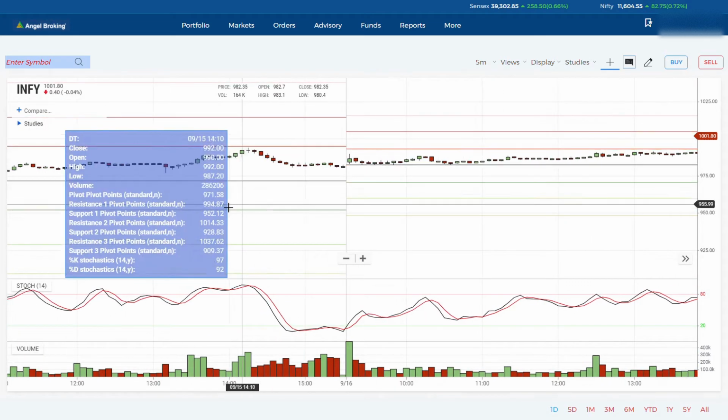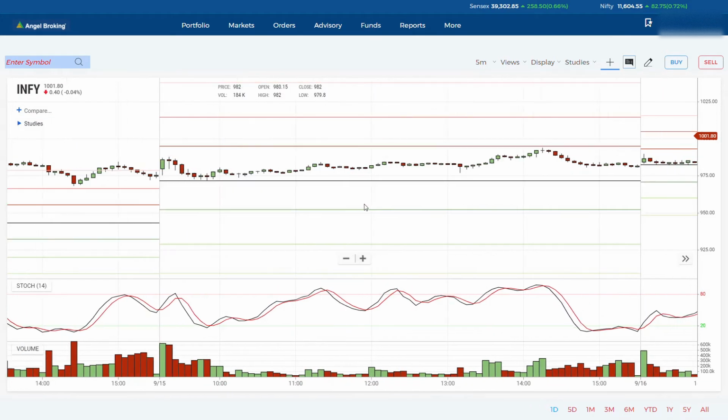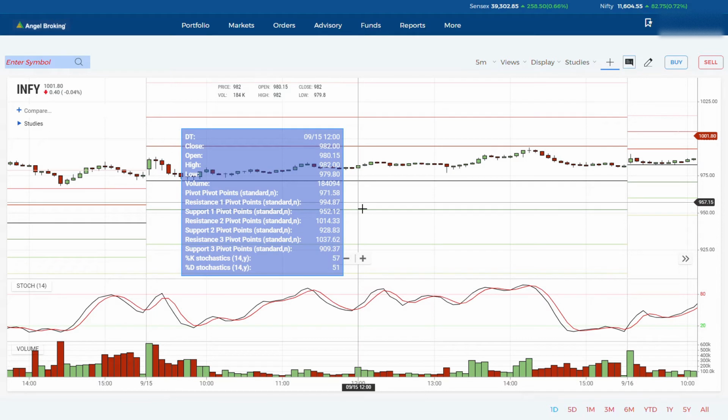We'll go to the 15th of... so 15th of September. So if you find a good opportunity, only then you enter it. Just because, okay, today the market is open and I need to do some two or three trades, I need to somehow enter some trade, don't do that. If you get a good opportunity, only then you enter it.